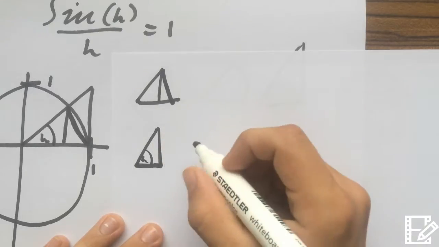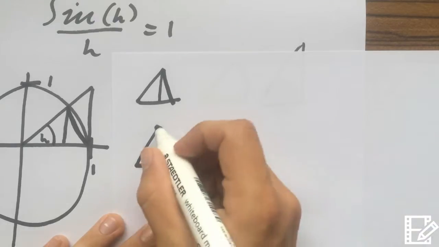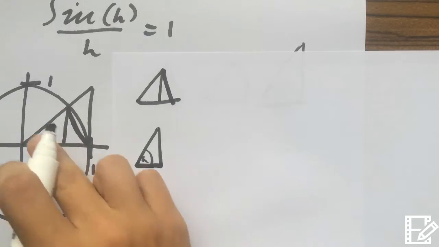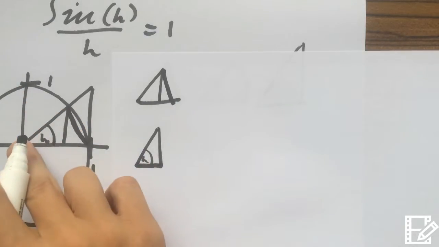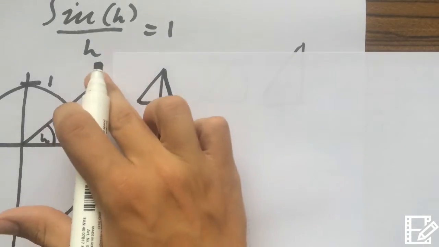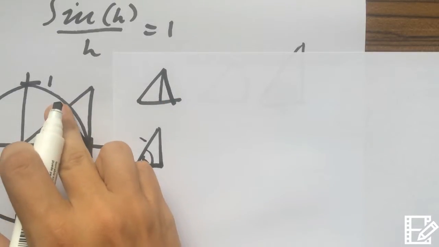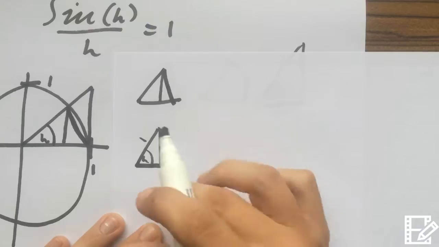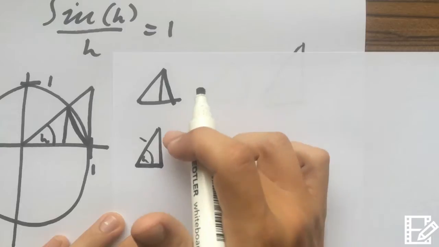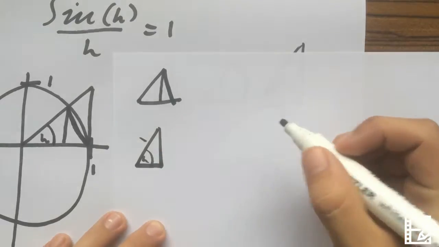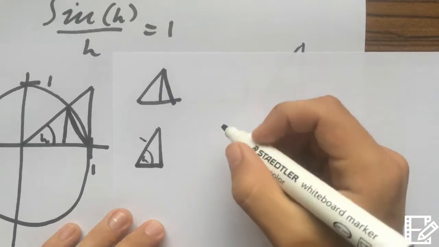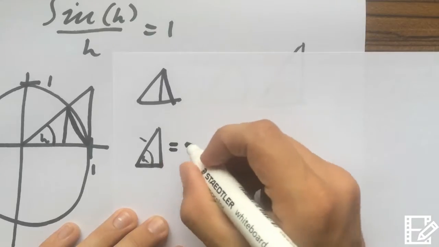Our angle is h. The radius, I don't know if you can see it here, but the radius is 1. It's 1 because it's a unit circle. And the length of this bit here is 1. The big triangle comes right out here, but the small triangle stops at the radius. So the hypotenuse on this diagram is 1, and the angle is h. And because we are trying to find the height, when you use trigonometry, you find that it's equal to sine